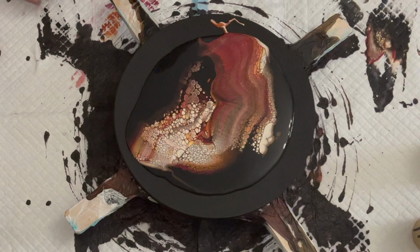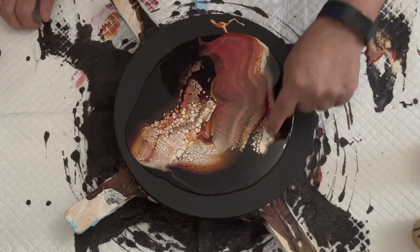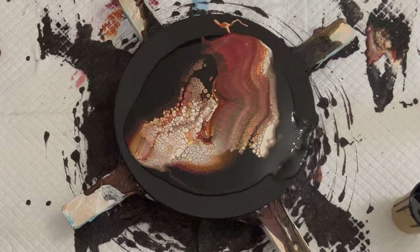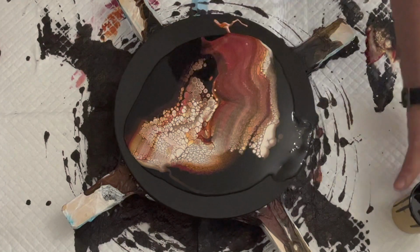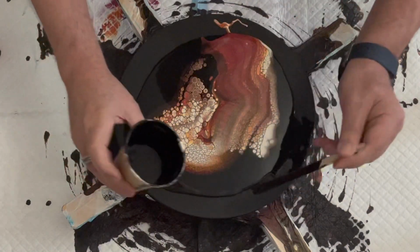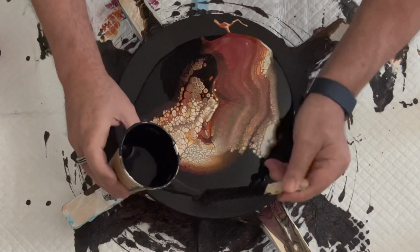Right now, I'm actually partial to this swipe. I do like this part over here as well. This was a mistake, but I love the reaction. I would like to leave, like I did on the other one, some of the black negative space, if possible. I think it should be possible here and there. Maybe I'll just add a little more just in case here as well. I mean, there's plenty of paint on here, but